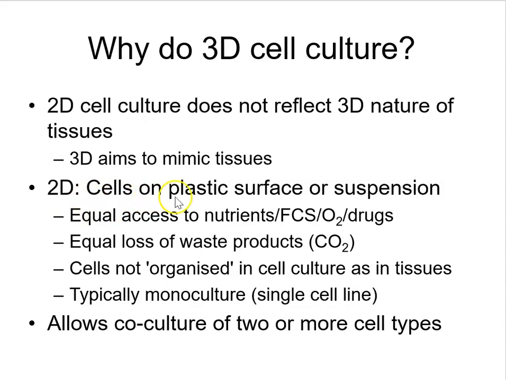So in 2D cell culture, if you treat cells with some drugs, for example, every single cell has completely equal amounts of oxygen, fetal calf serum, nutrients, loss of waste products, and the cells also don't organize into their normal 3D arrangements. So this is a very artificial way of studying